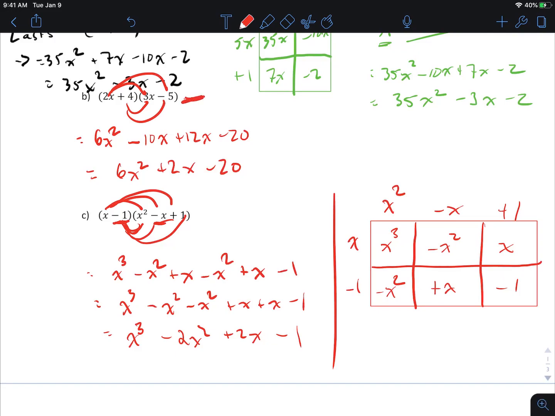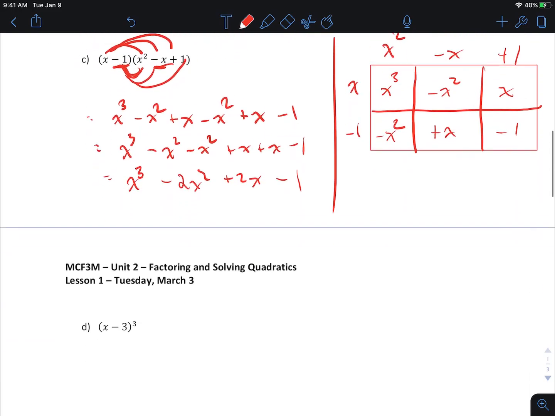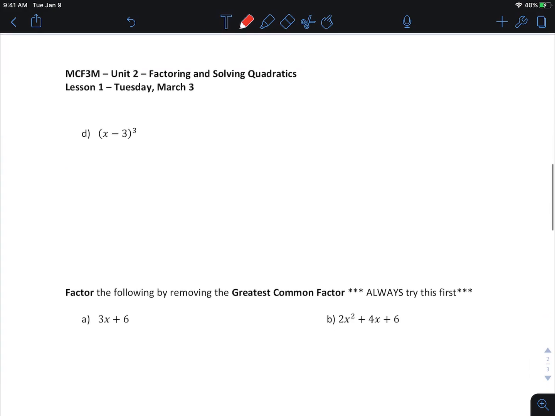Okay, all good. That's basically expansion. If you go to the next page, there's kind of a challenging one. It's not really that challenging. It's a little bit challenging, but the challenge kind of comes out of, do I know what this exponent means physically? That just physically means that there are 3 of whatever's inside the bracket,